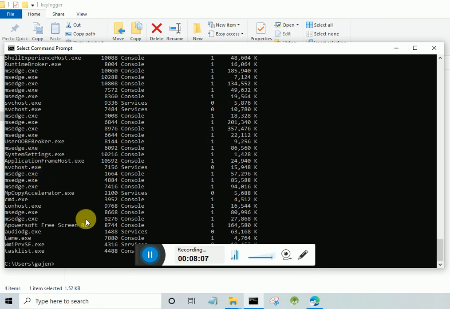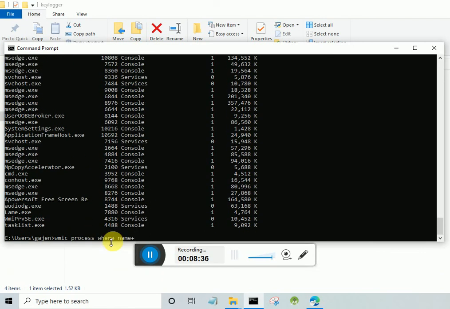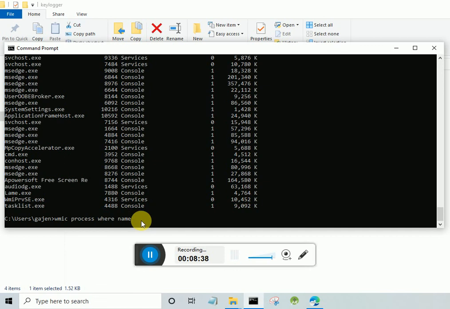Okay, whatever you want to delete or kill any process, just use this command: wmic process where name equal to name of process.